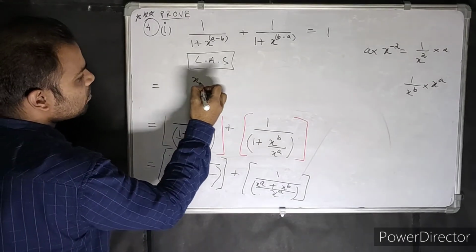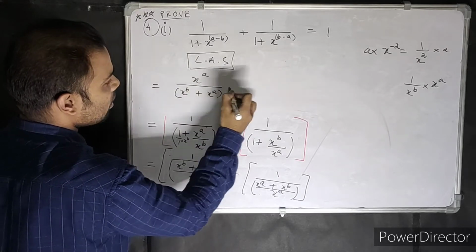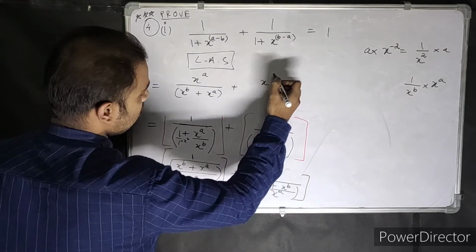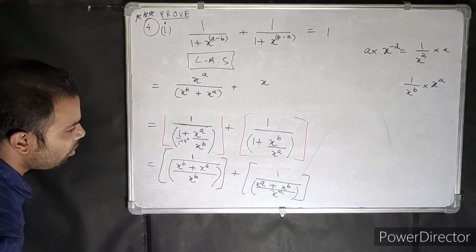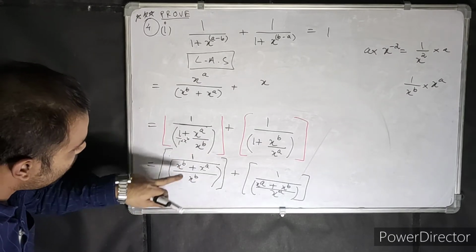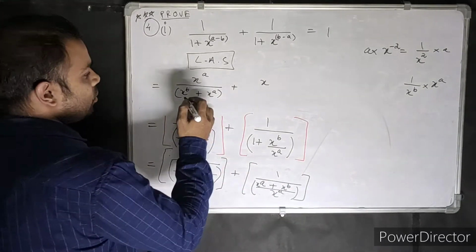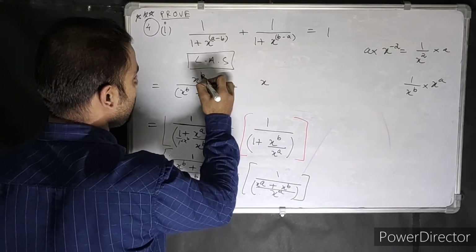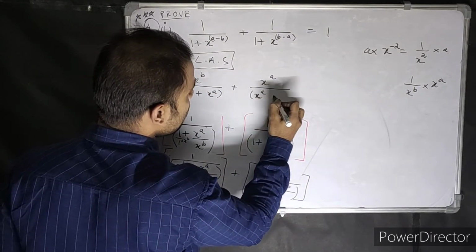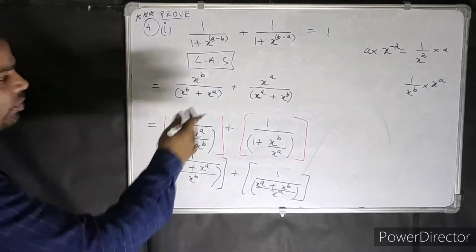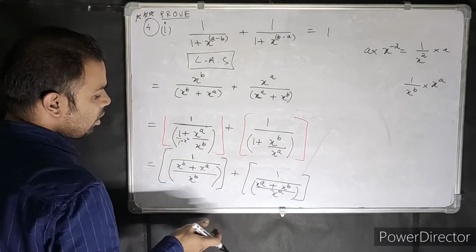So now this becomes x to the power a, and now you have x to the power b plus x to the power a, plus this becomes x to the power, sorry, this was x to the power b over here. Why am I copying this wrongly? See, x to the power b was the denominator, and this is x to the power a. Okay, so now this went up. That was x to the power b. This is x to the power a. This is the good thing about proving, you know where you're making a mistake. You'll find out eventually, because the proof will not come out. So you will never make a mistake in proving questions if you know what you're doing.